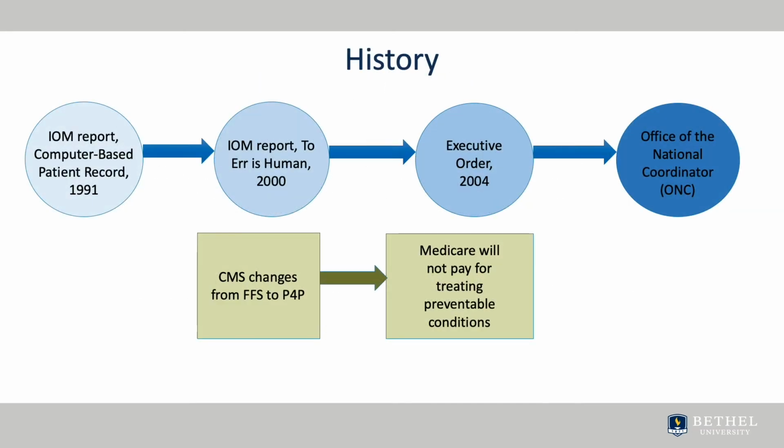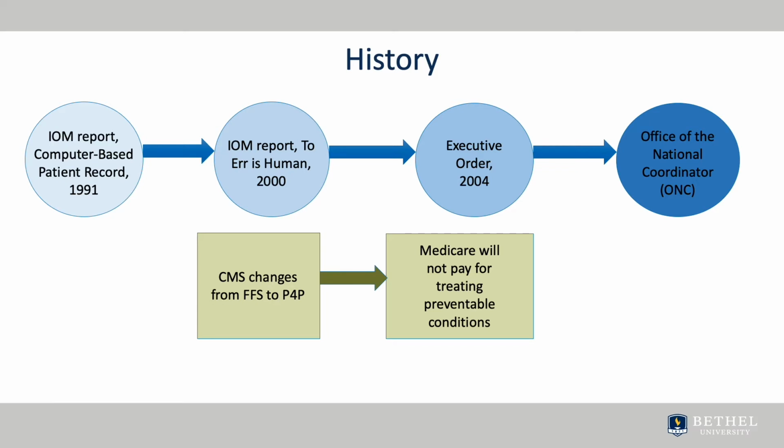The development of health IT started in individual hospitals before the Institute of Medicine report in 1991. The second report, To Err is Human, made people aware of the number of deaths that occur each year due to medical errors. President Bush's executive order in 2004 established the Office of the National Coordinator for Health Information Technology, or ONC. However, the office lacked the funding to carry out the mandates of providing an electronic health record for